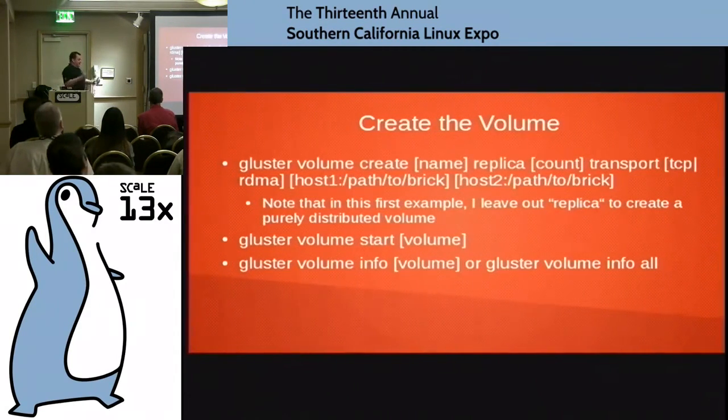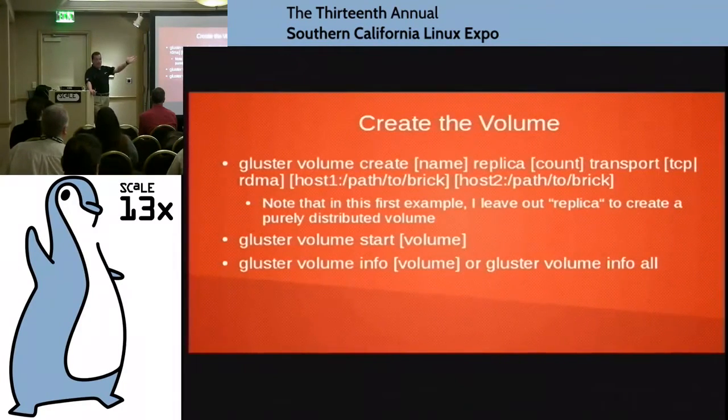So now that we've got our file system laid down, we've got the Gluster cluster up and running, and everybody knows about each other. Now what we need to do is define our volume. We can kind of cheat and define the bricks when we define the volume. Usually if you manipulate bricks after the fact, you'll see the syntax for that. I'll show you that. Now, the syntax is gluster volume create, and then the name that you want to give it. You can call it whatever you want.